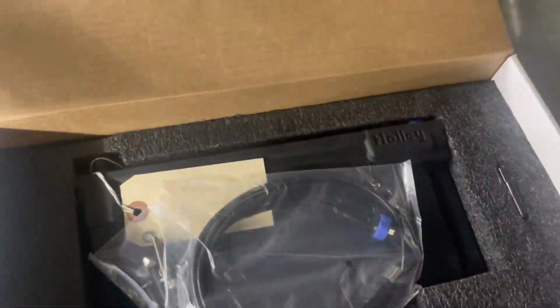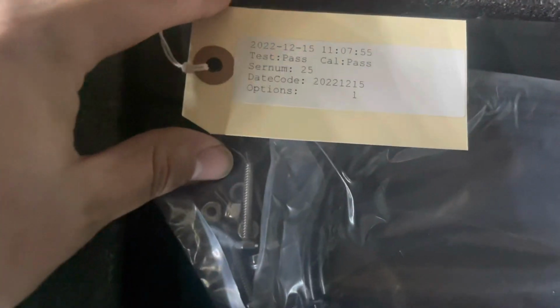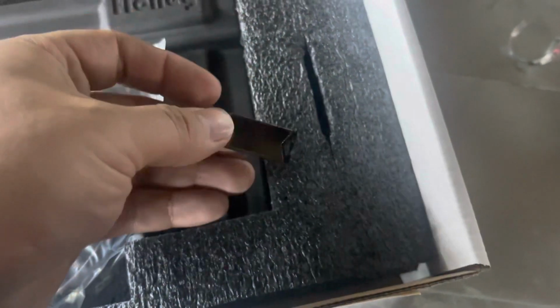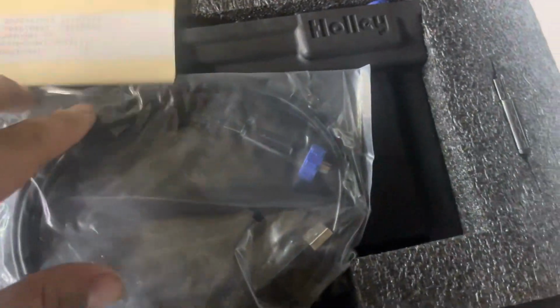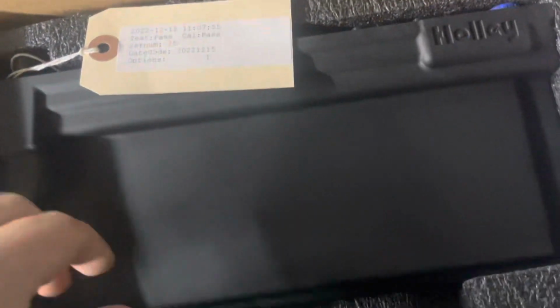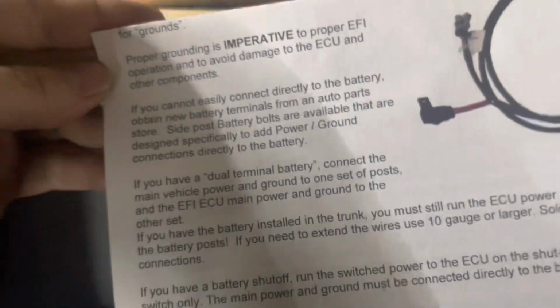And all right, what we got here? 12.15.22. So this thing was very, very new. Comes with a little USB. I forget exactly, I'm sure there's firmware inside of this, and we have our sealed USB cable, our mounting hardware, and I'm pretty sure there are some, anyways, there's usually some spacers, the bushings, because if you read here, one of the things here